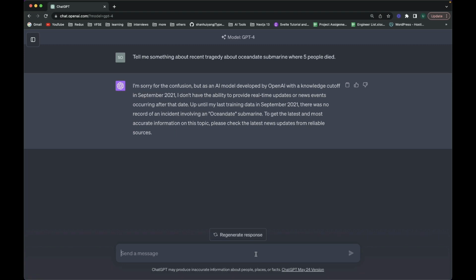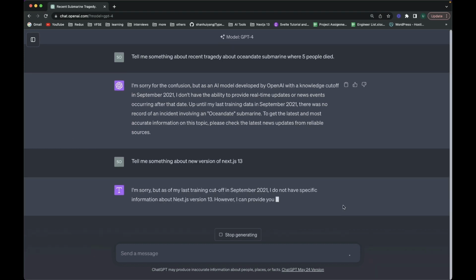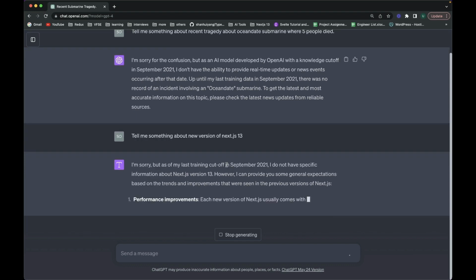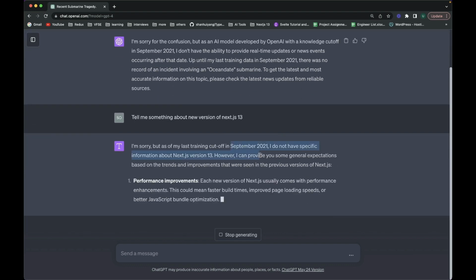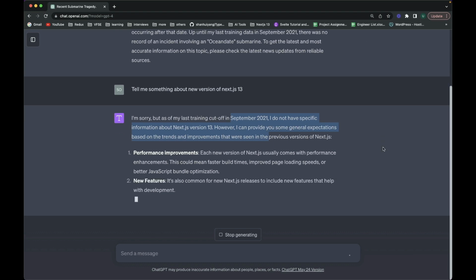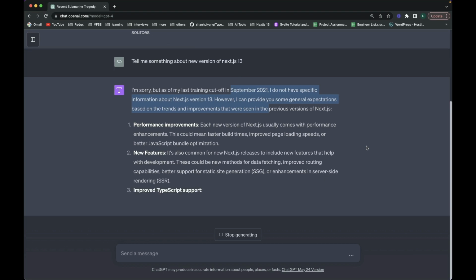So if I ask it, tell me something about the new version of Next.js 13. Next.js 13 was released in the last quarter of 2022. So again, it is saying that I don't have information about Next.js 13 because I have information only before September 2021. Okay, so now let's move further and talk about different tools and plugins that we can use to feed the